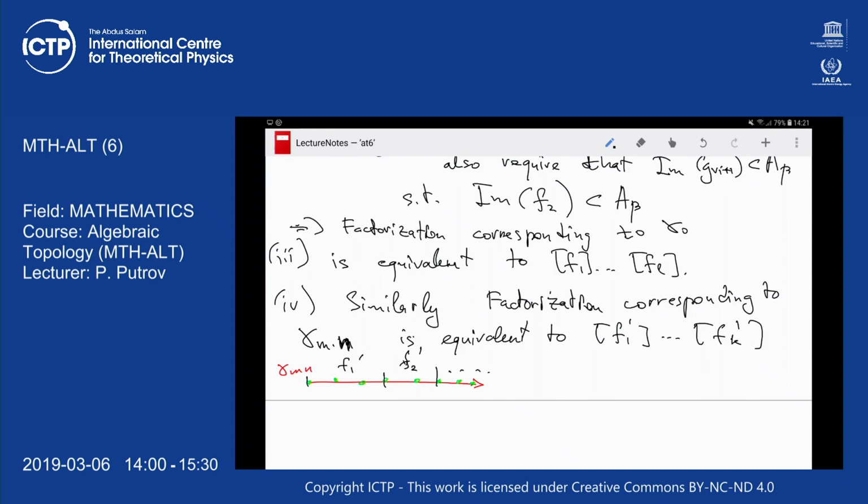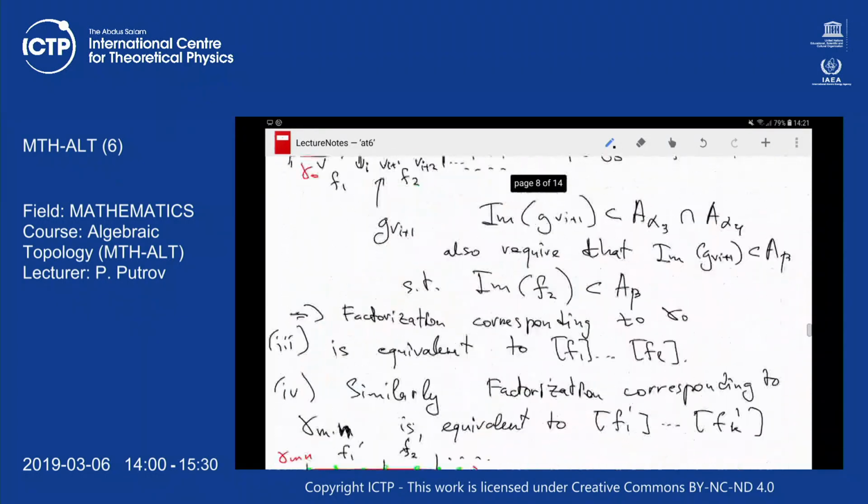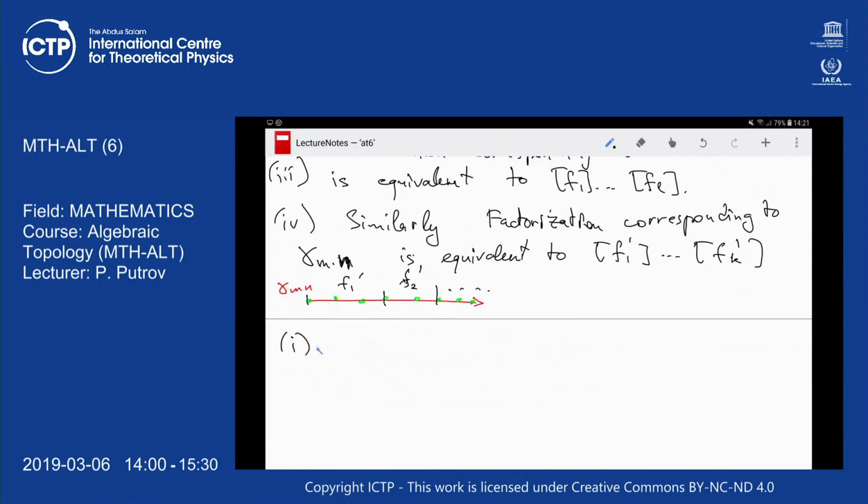Okay, so now what we have is, if we combine the facts from 1 to 4, by changing we can go from gamma 0 to gamma mn, the factorizations F1 L is equivalent to